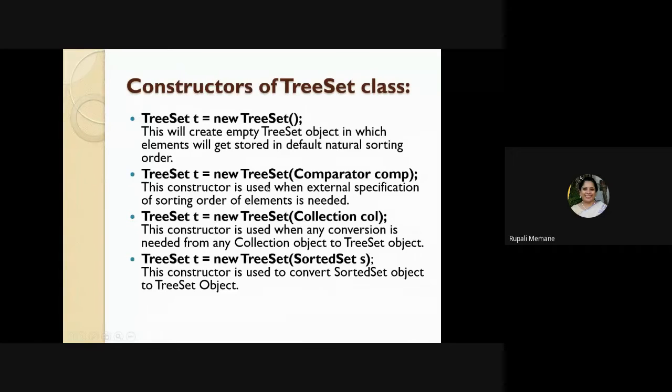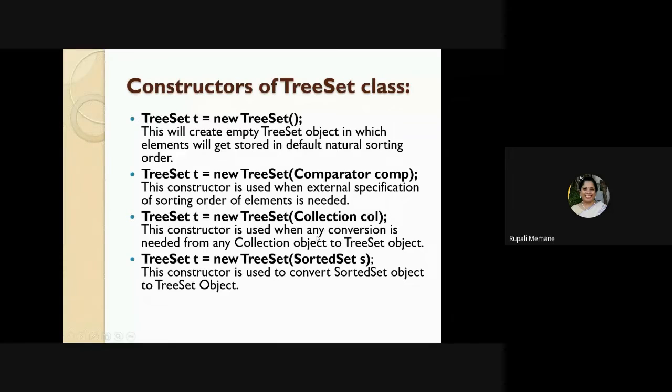Second is I try to use a comparator. This is basically when I want to compare it with the previous thing, then I have to pass a comparator and the object of the comparator, because we know everything in Java has to be a class. So Comparator is a class, Iterator is a class, so I need to create an object of it. Again, I am saying the Comparator, Enumerator and Iterator classes we are going to study in detail. So I can create a TreeSet constructor by using the comparator.